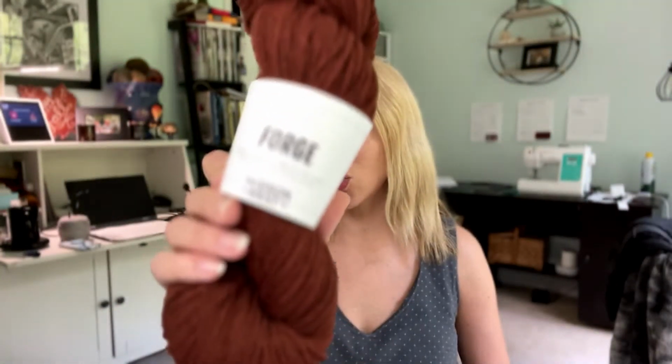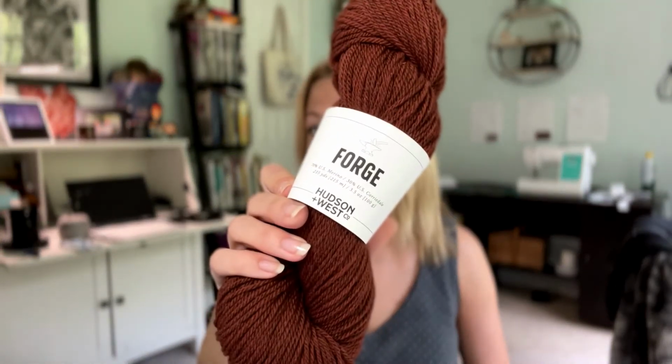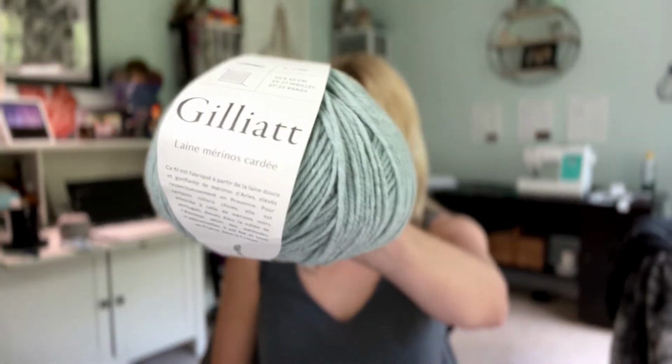So there's no standard information that has to be included on a yarn label, but yarn labels from larger producers tend to have quite a bit of the same information and are a little bit more standard looking. So if you have a smaller company, so this, for example, I wouldn't say it's quite indie dye, but it is a smaller company, Hudson and West, and the information included on their label is a lot different than the information included on this label, which is Gilead from Durarum Natura, which is a larger yarn producer, and is also in French, but that's not super relevant here, and has information on its label that is a little bit more